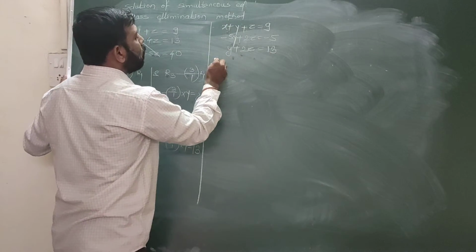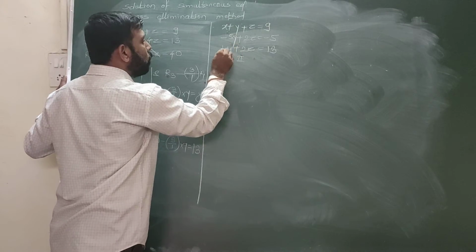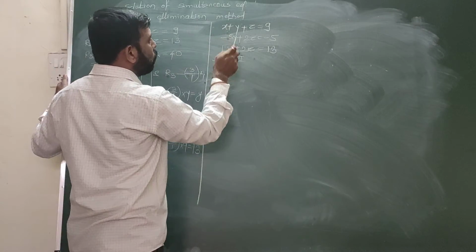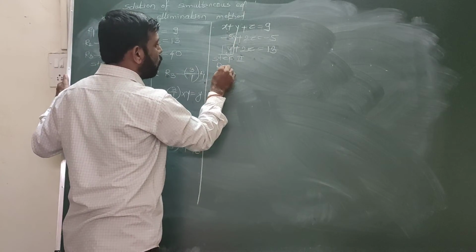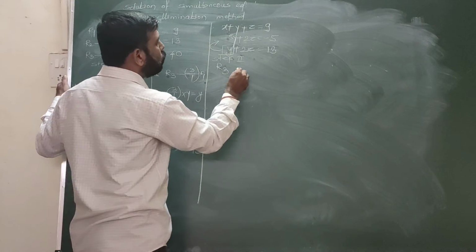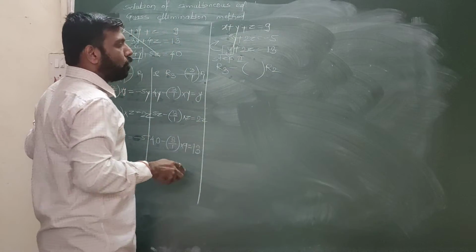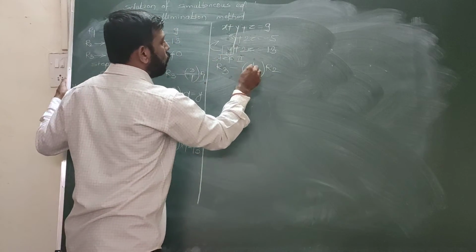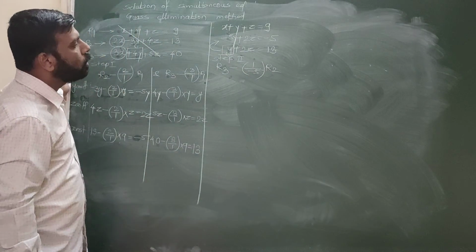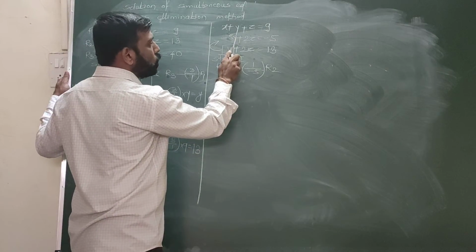Now, in the next step, we have to make this element 0. To make this 0, we'll write down the operation R3 and its diagonal element is R2, so R3 minus R2. The multiplying factor: the y coefficient is 1 and the R2 coefficient is minus 5. So this is our multiplying factor. Now this term becomes 0.